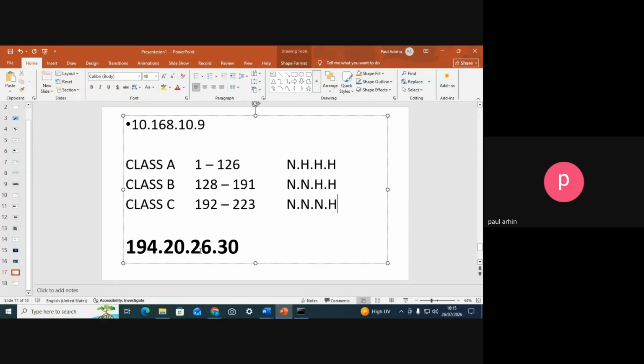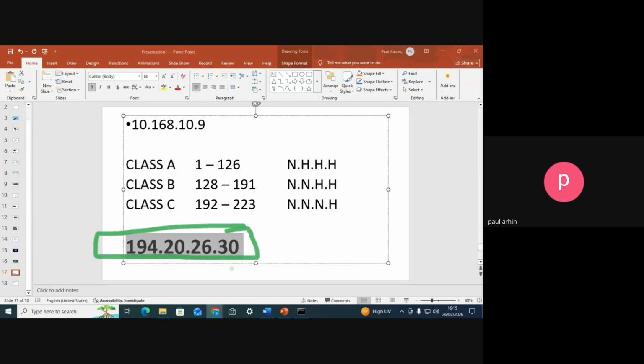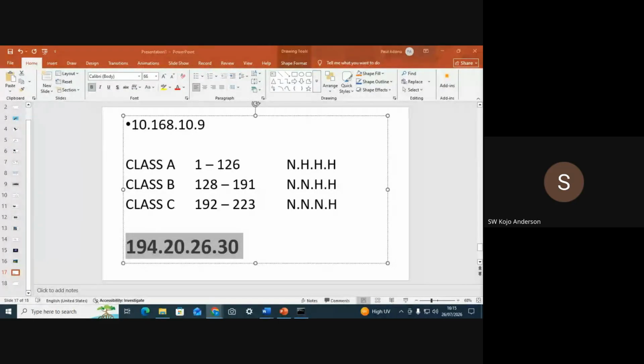So I come back to this IP address I gave you here. Now, I want to ask you, which portion of this IP address belongs to the host, the device on which it is assigned? The last one. Excellent. Good. 30. Yes, 30. That's good. While the first three,